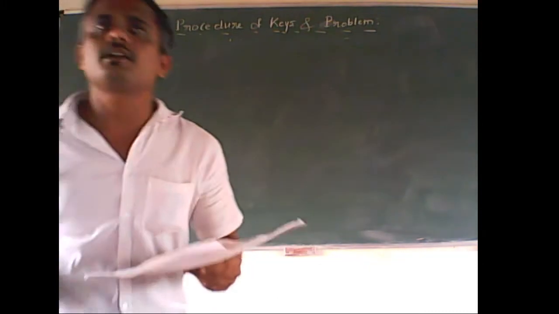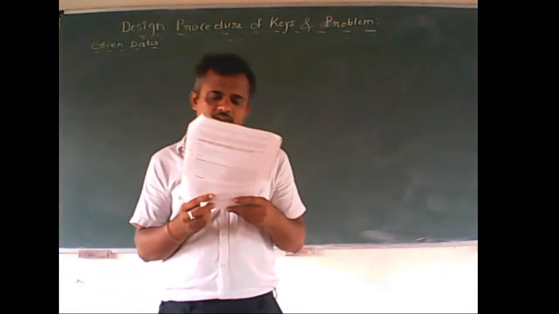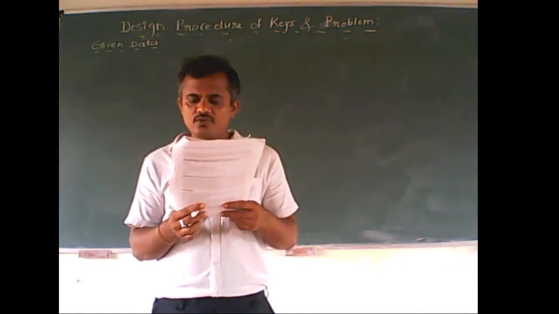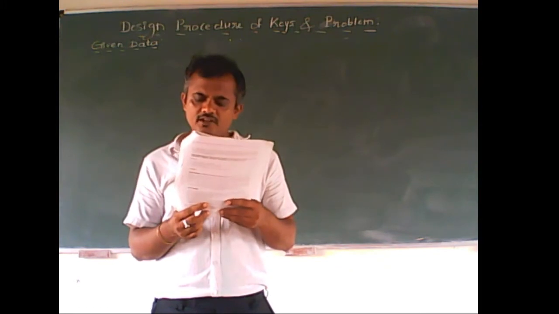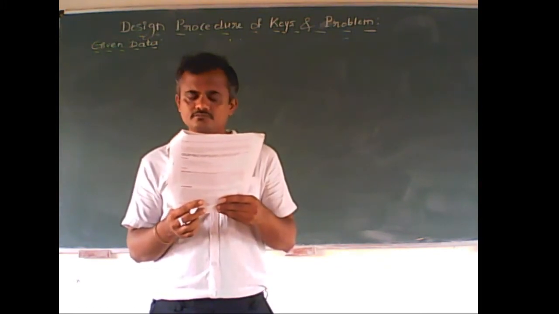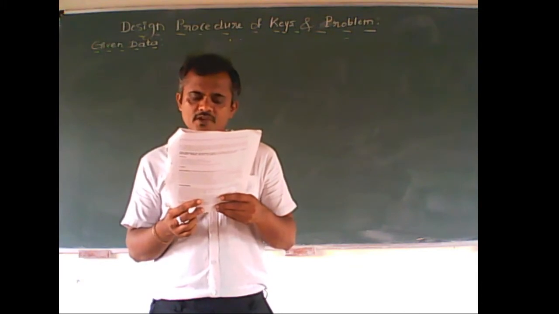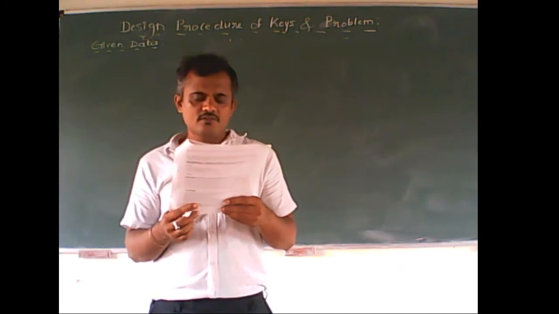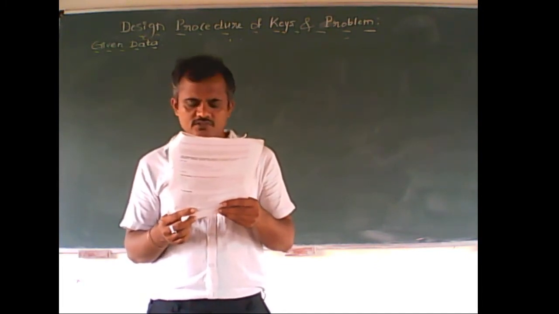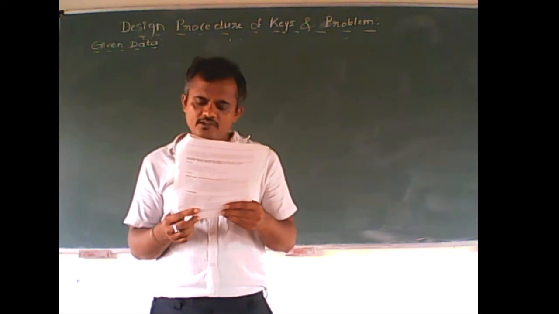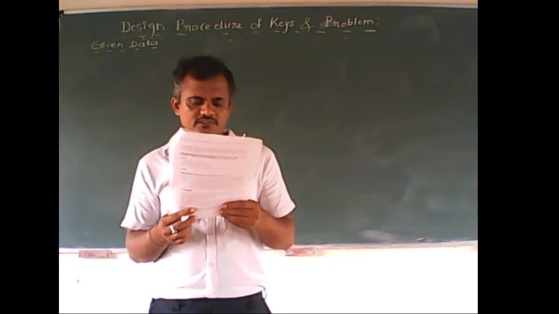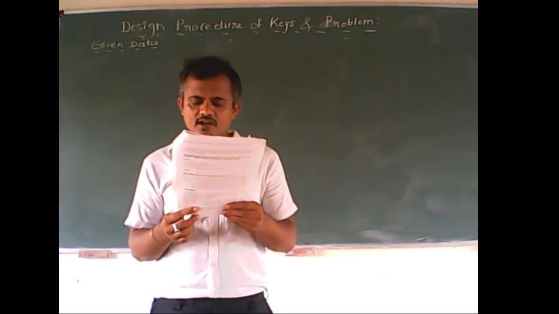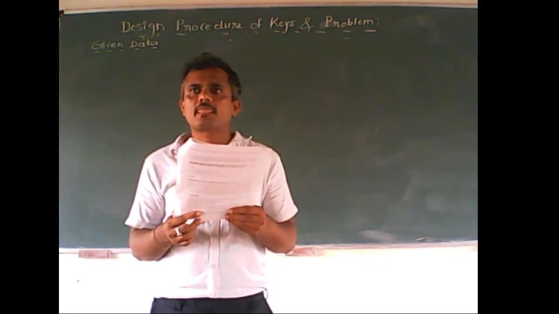Please concentrate. A 45 mm diameter shaft is made of a steel with a yield strength of 400 MPa. A parallel key of size 14 mm wide and 9 mm thick made of steel with yield strength 340 MPa is to be used. Find the required length of a key if the shaft is loaded to transmit the maximum possible torque. Use maximum shear stress theory and assume a factor of safety of 2.